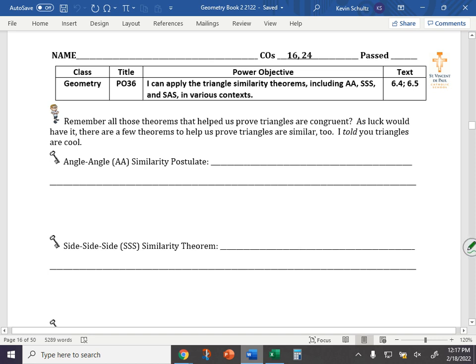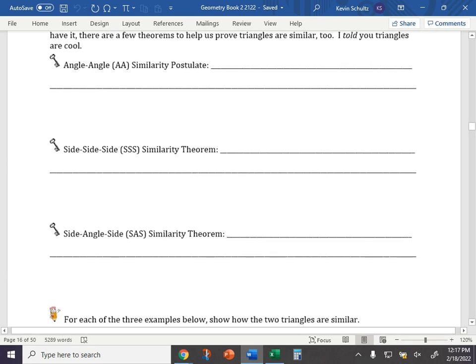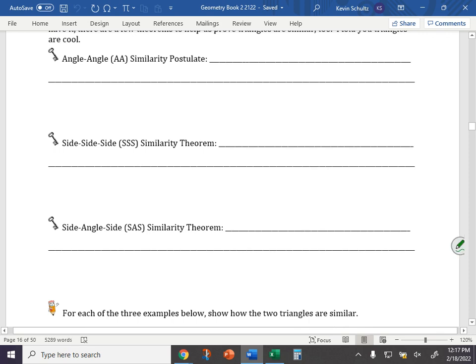Good day, geometry. We are going back to some theorems involving triangles, but not triangle congruency. This time we'll be talking about triangle similarity. How can we prove that two triangles are similar? Triangles that are similar means they are proportional. So you might recognize a few of these acronyms, SSS and SAS, but instead of dealing with